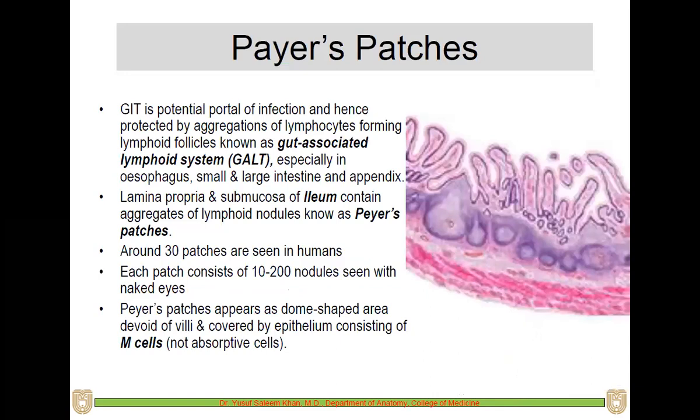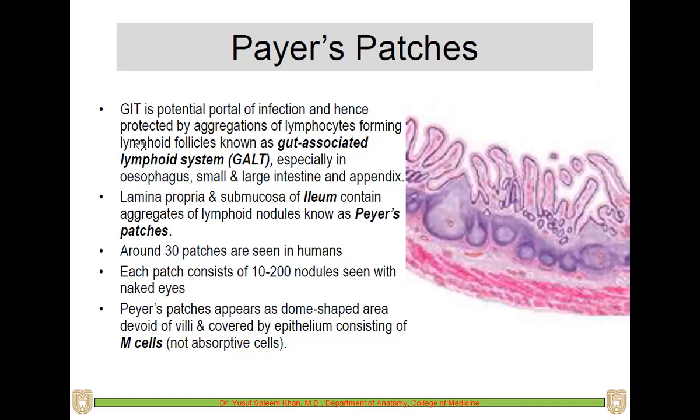Now coming to some special arrangement of lymphatics within the abdomen, especially in the intestines. Okay, especially in the mucosa of the intestine. The GIT is a potential site of infection, because whenever we eat food, a lot of bacteria, viruses, everything will be present. So it is a potential site of infection, the gastrointestinal system, and hence protection by aggregation of